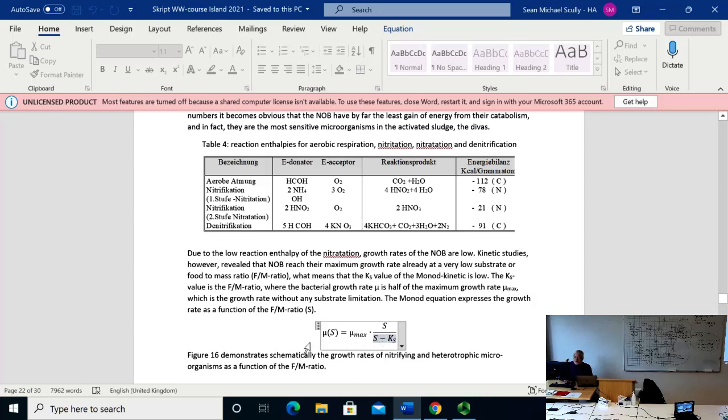This needs to be plus because if S is equal to Ks, mu is half of mu max. So if S is Ks, you have Ks divided by 2Ks, which is half, and that's it. No? So it's a very simple thing, and it's kind of nice because if S becomes rather large, much larger than Ks,